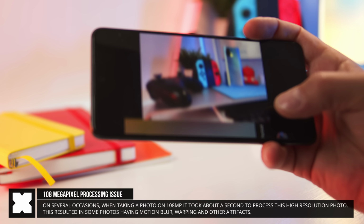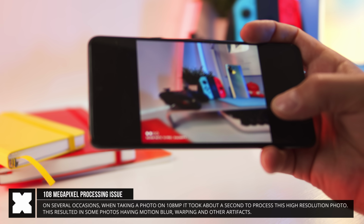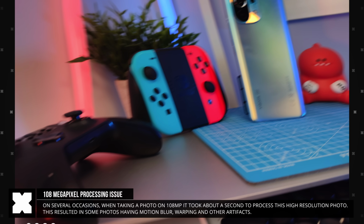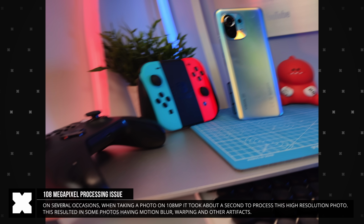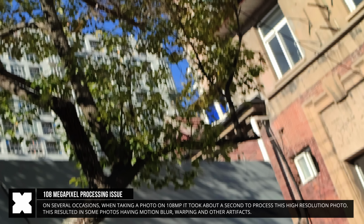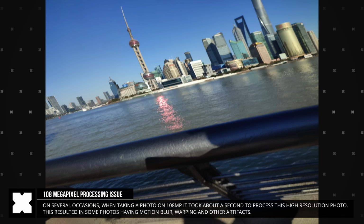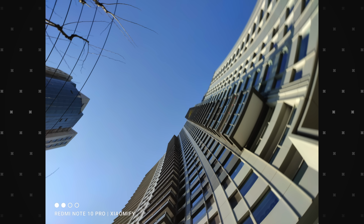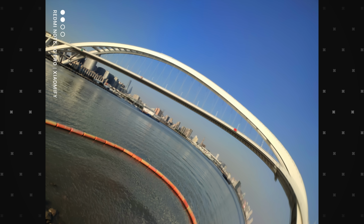So there are occasions that if you snap a photo and quickly move the camera because you think you caught the picture, you'll get these motion blurred and very weird looking photos. You can see that when I zoom in, it even has some weird artifacts. And this happened to me more than once, and also created some of these very weirdly warped and distorted photos. This only happens when you've selected the 108 megapixel resolution, and normal photos won't have this problem,